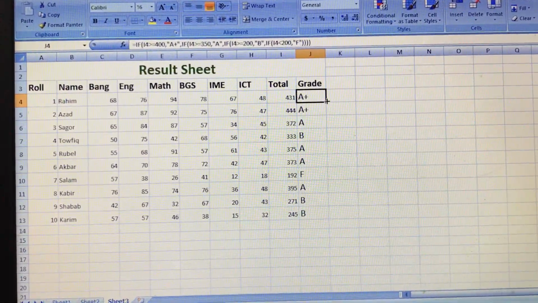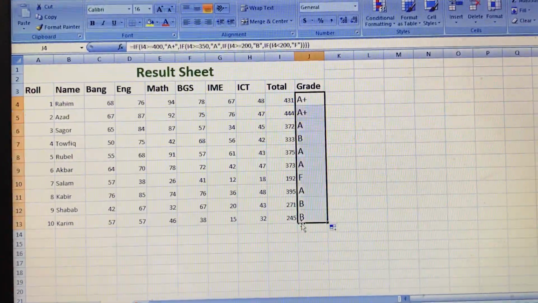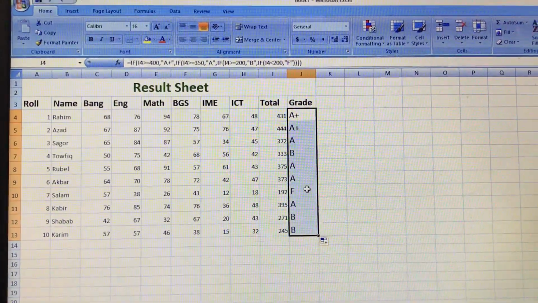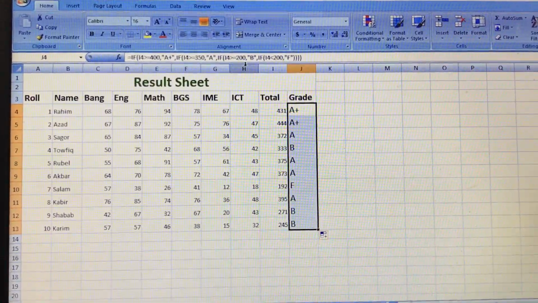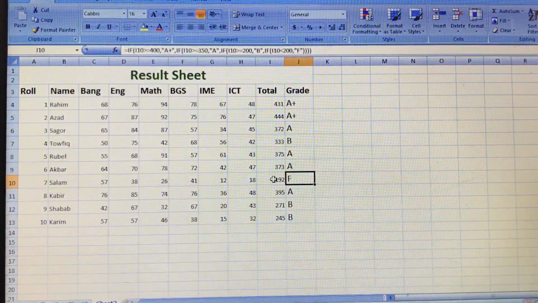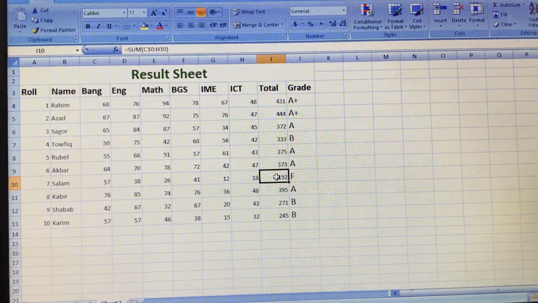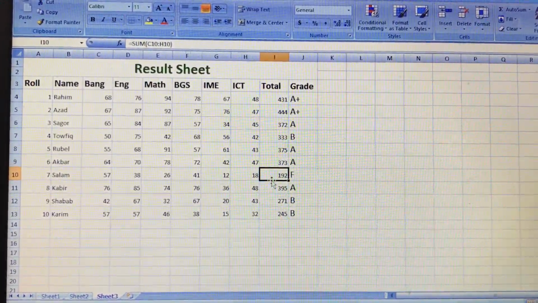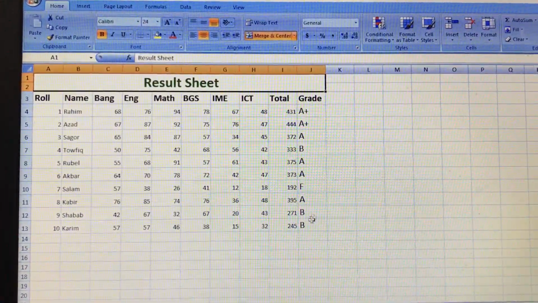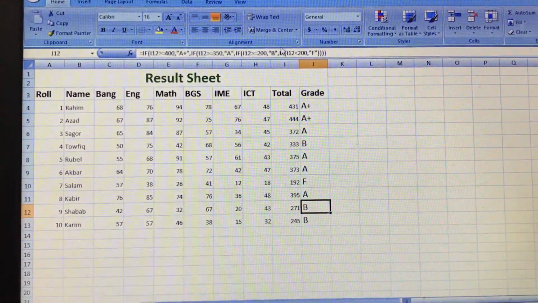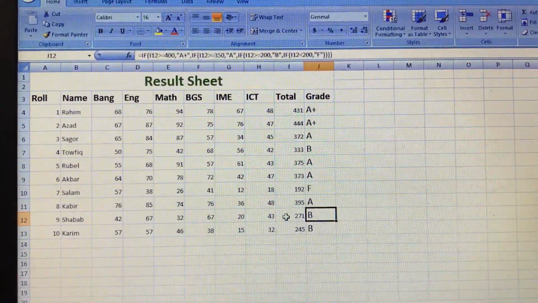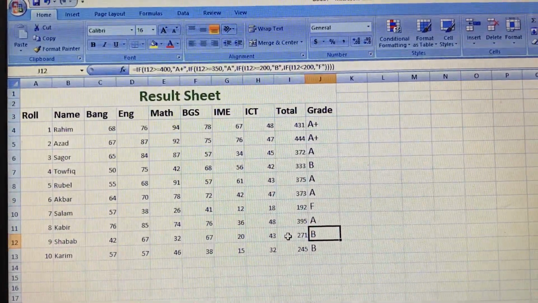And when you click and drag down, the formulas came down and it's showing us the grade. On the basis of our condition, if it is less than 200, then it will be F. Now look, it is 192. That's why it is F. Again, for B, if it is greater than 200, it means it is 200 to 350.